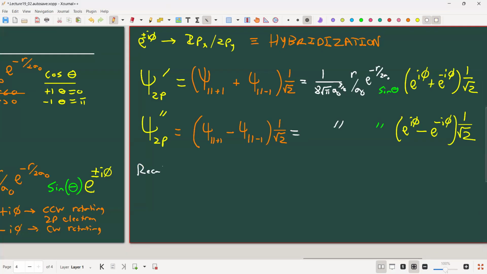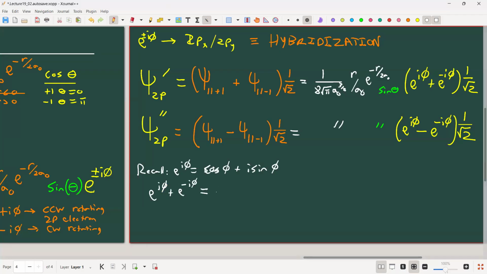Recall e to the i phi is cosine of phi plus i sine of phi. Right? So that means that e to the i phi plus e to the minus i phi is equal to cosine phi plus i sine phi plus cosine phi minus i sine phi. Okay. You can see the signs cancel out. So this is equal to,